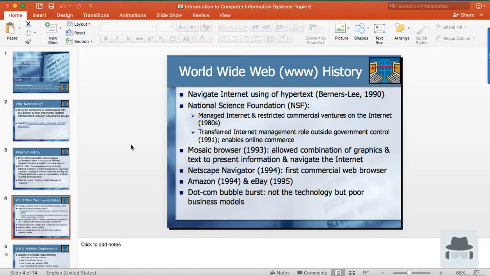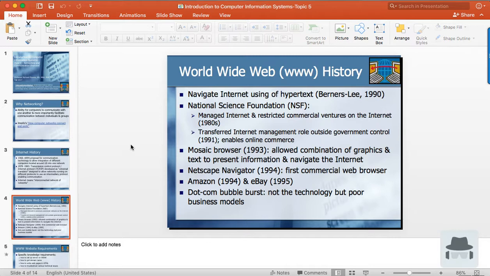So that kind of created, there were a couple of things that happened all in that time frame. Number one was Berners-Lee and the creation of the World Wide Web. The other thing was in the early 90s, there was a shift in the management of the internet from the National Science Foundation out to